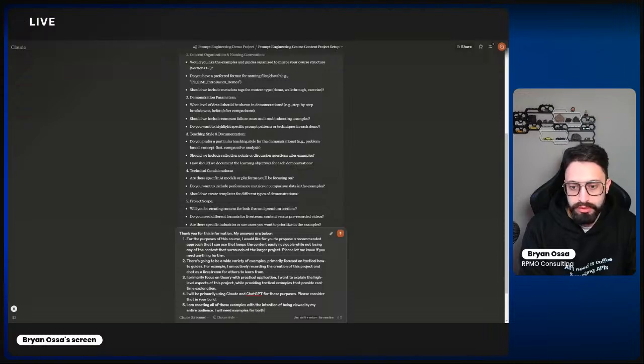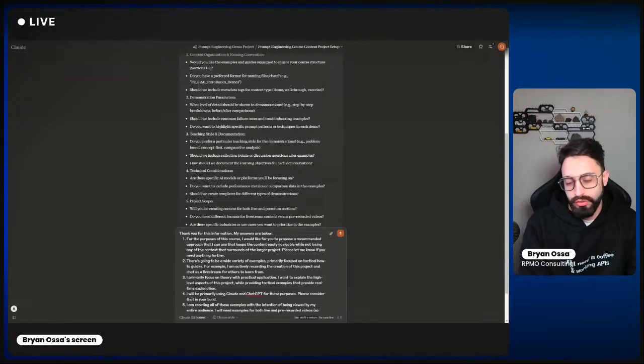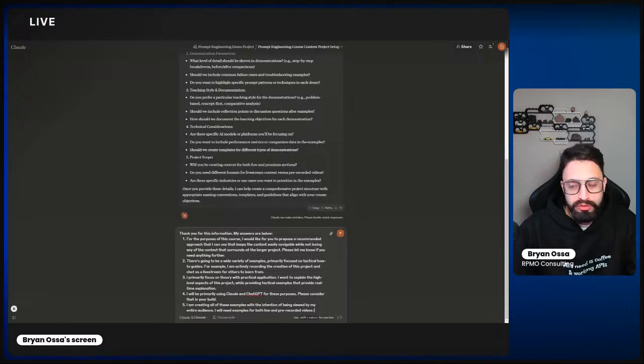This for both and pre-recorded. And so this is a perfect example of showing where you want to provide additional context. So needing examples for both live and pre-recorded videos, because when it's pre-recorded, I can have the option to edit